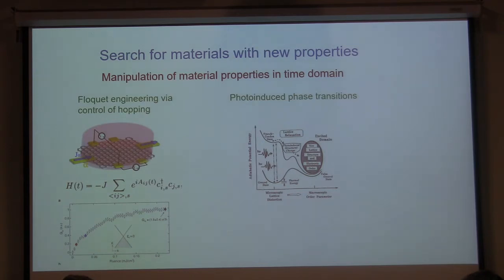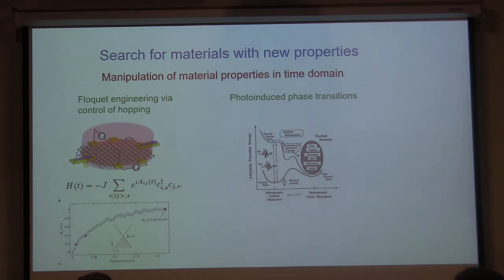But when we talk about time dynamics, you can think about it as just a new type of control, right? We no longer control just spatial structure, but rather we control materials in time. We can periodically modulate, say, parameters of the Hamiltonian, and there have been some very striking demonstrations recently, such as observation of the photoinduced quantum Hall effect, or quite a few photoinduced phase transitions.